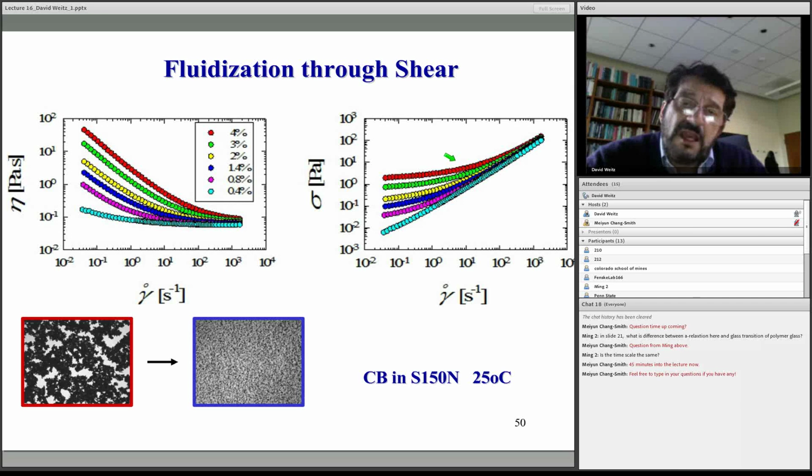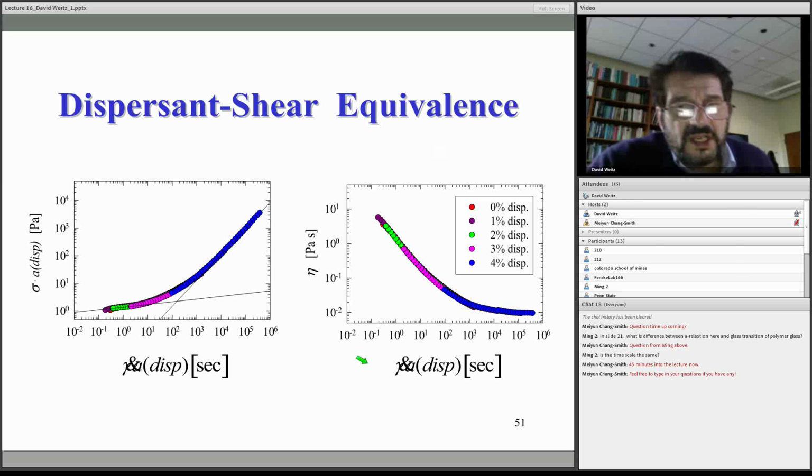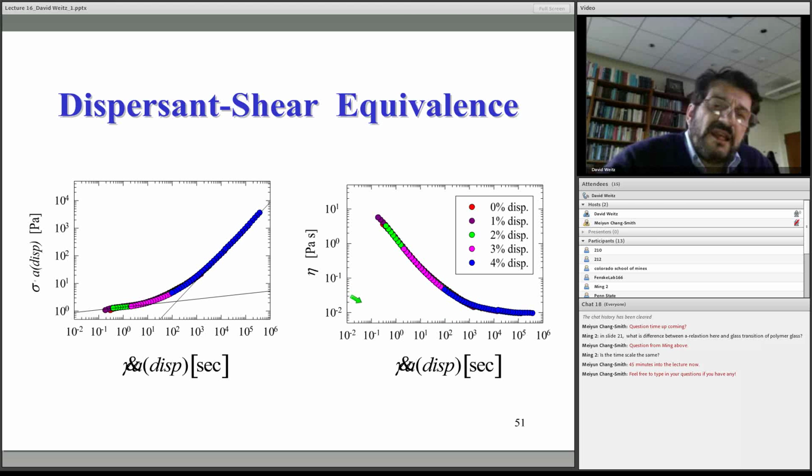And this behavior here, you can do exactly what we did before. You can take any two sets of data, scale them together so they come into one universal plot. Here's a couple of examples of this. And this is the kind of scaling behavior you get. Sorry for the symbols here, but these are just shear rates. And you see that the stress or the viscosity scales for all the data scaled together, just like you got